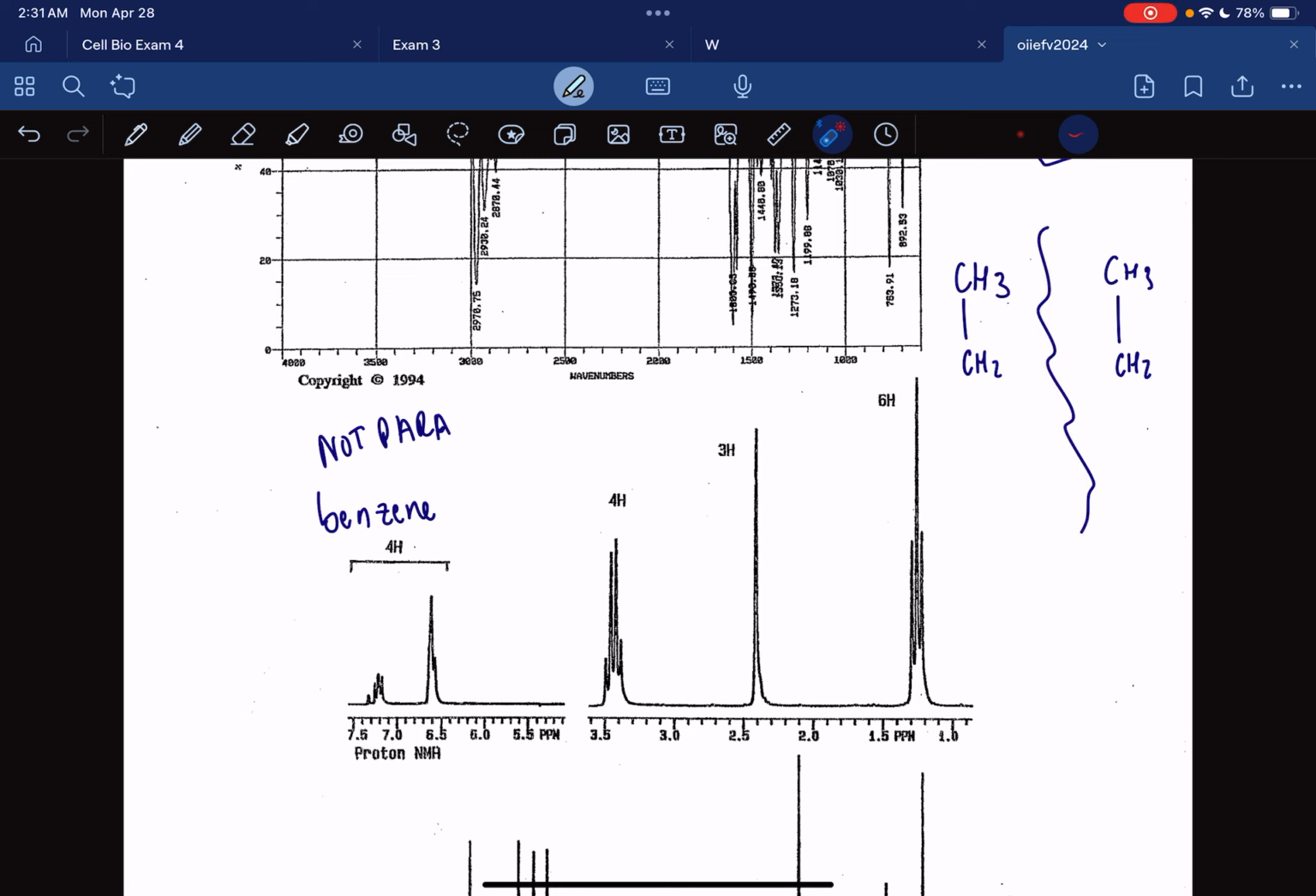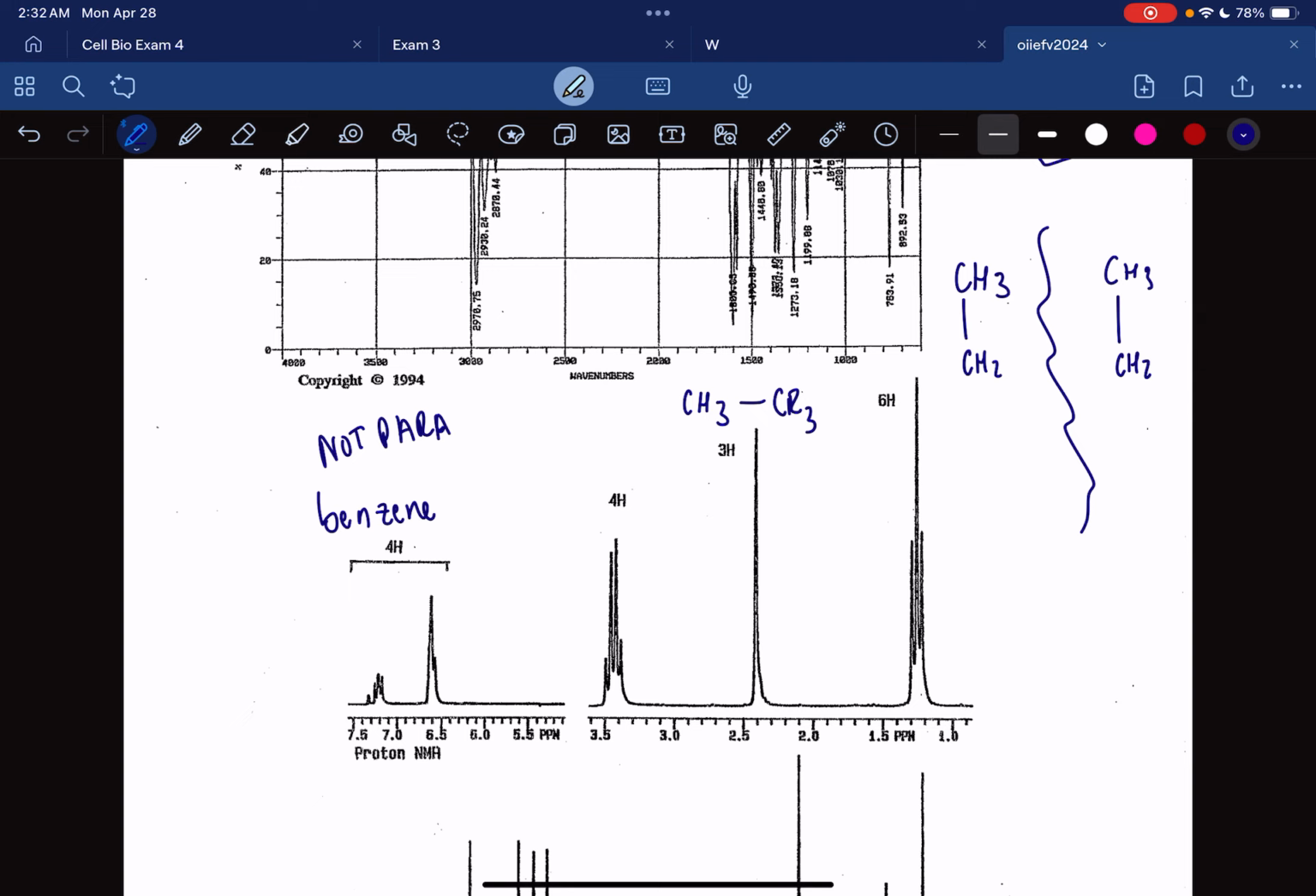So that's how you work through a 6H peak like that. Then you have a 3H peak in the 2 to 2.5-ish region. So this is just going to be a CH3 bonded to nothing. It can't have any CR2, or CR3, sorry. So it can't have any hydrogens, because n plus 1 is 1, which means that n